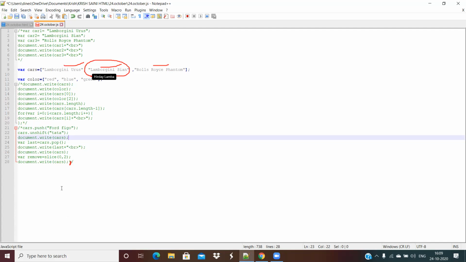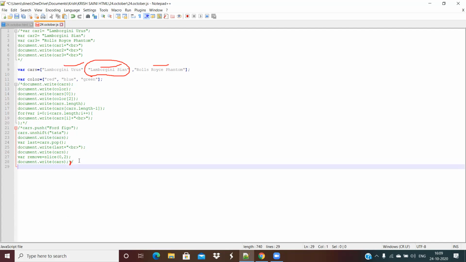Okay, so let's define a variable, var remove equals. The name of the variable is remove. We'll say cars dot splice.